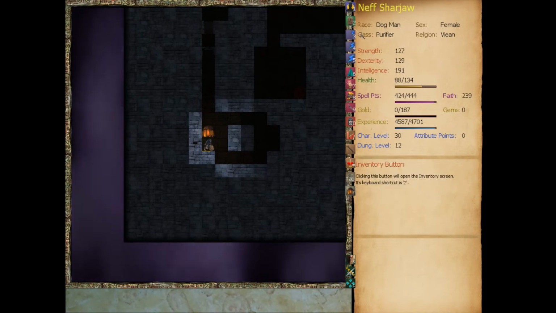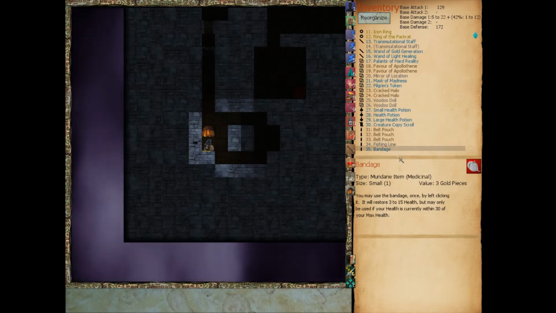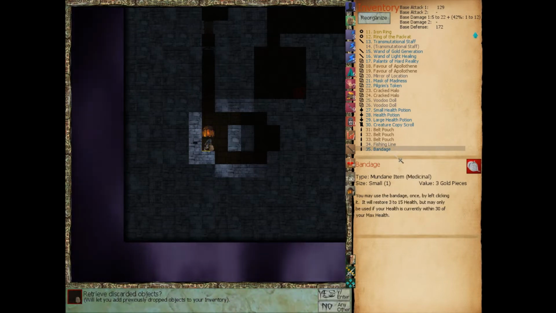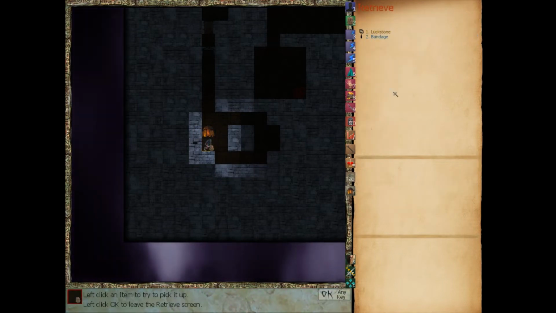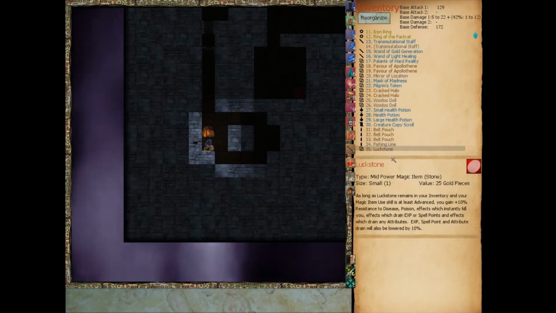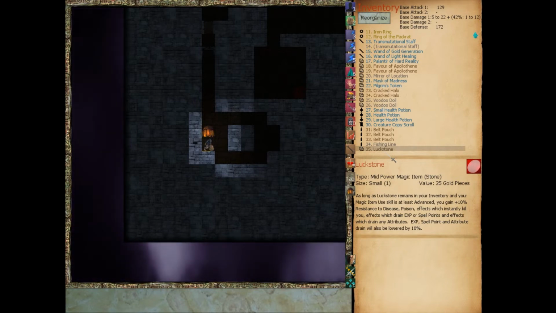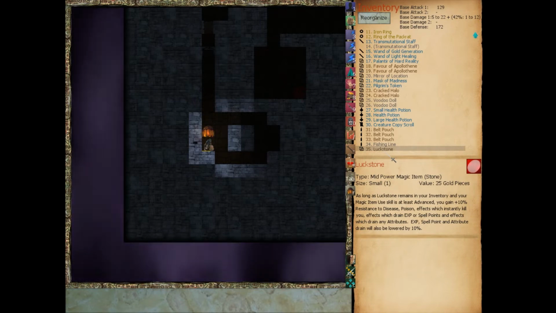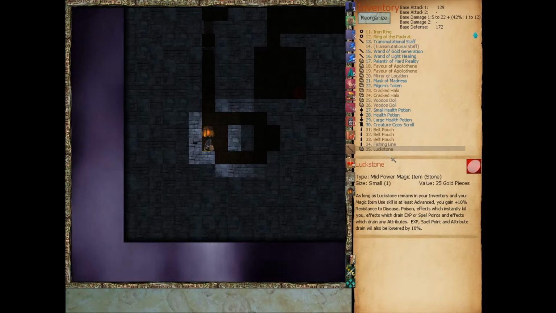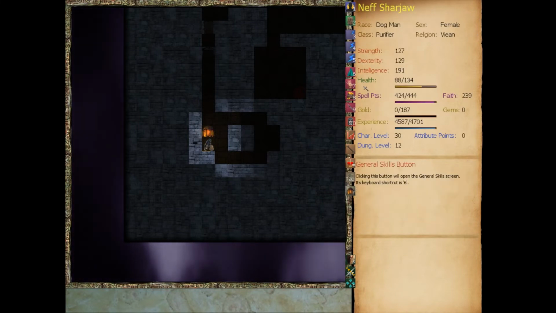Let's pick up this Luckstone. Let's drop the bandage, or try to use a bandage if we can. I doubt we can. Nope. Let's drop the bandage, pick up the Luckstone. I'll finish my story in a second after you figure out what this is. As long as Luckstone remains in your inventory and your magic enemy skill is at least advanced, I think it is, you gain plus 10% resistance to disease, poison, effects which instantly kill you, effects which drain experience or spell points, and effects which drain any attributes. Experience, spell point, and attribute drain will also be lowered by 10%. Good, we'll carry that. Let's make sure we have the appropriate...